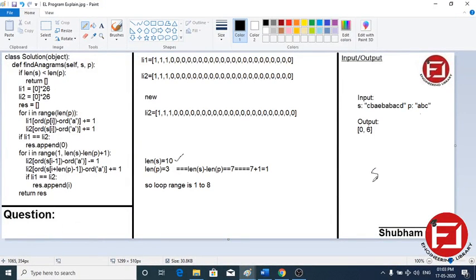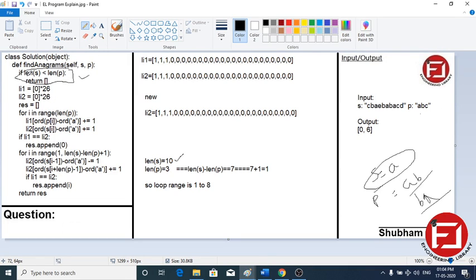Suppose s is a and p is ab, then the permutations will be AB and BA, and neither can be found because at least two characters are required, but in s there is one. So if the length of p is greater than the length of s, we simply return an empty list. This first line is clear.